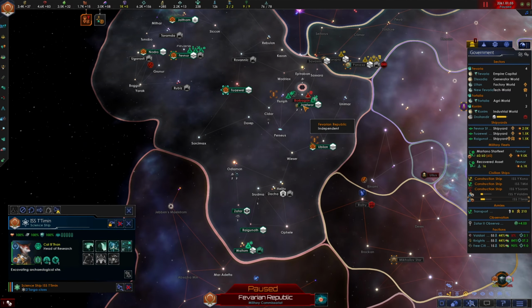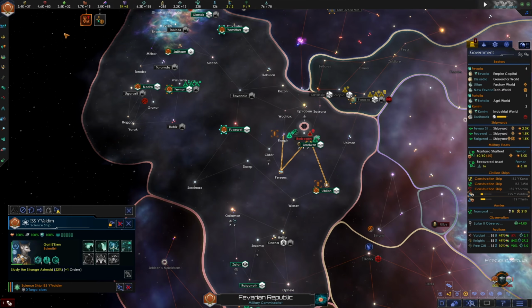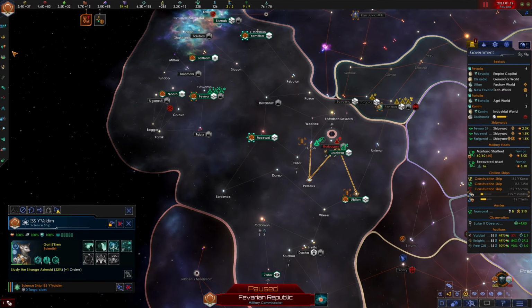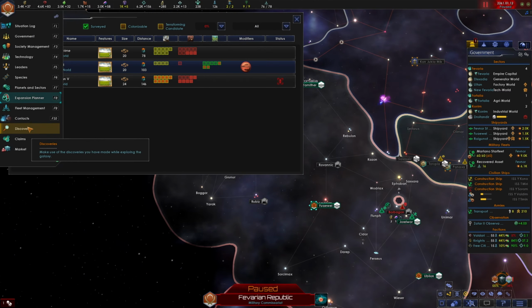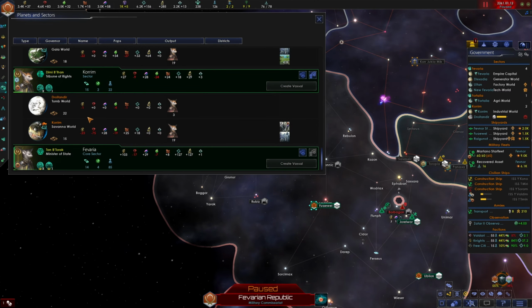Well, I think once we're done with this project, we'll go ahead and research this project with this scientist. We're up to our limit with influence, so I don't think there's really that much we can do with our influence. Anyways, we were looking at governors. I'm sorry, I got distracted here. Okay, so